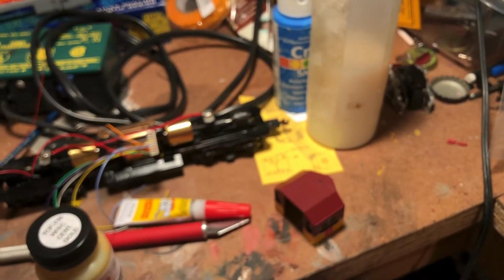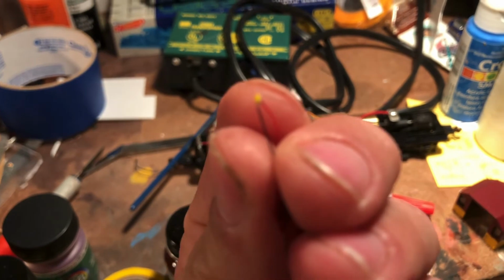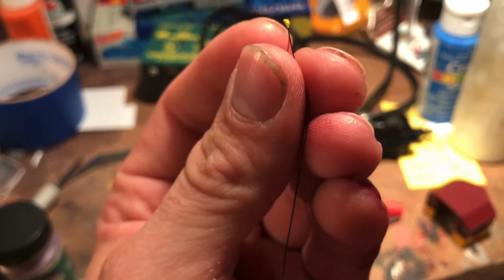I ordered these ones on eBay. They're probably some cheap Chinese ones, but I've heard they're pretty good. Just little tiny ones, I don't even know the size of them. They said they're warm white. I tested them with the right resistor, and they're white. I'd consider them bright white in terms of LEDs, but